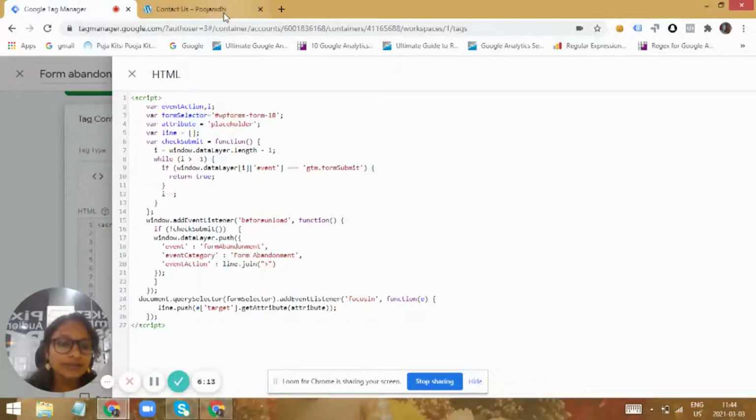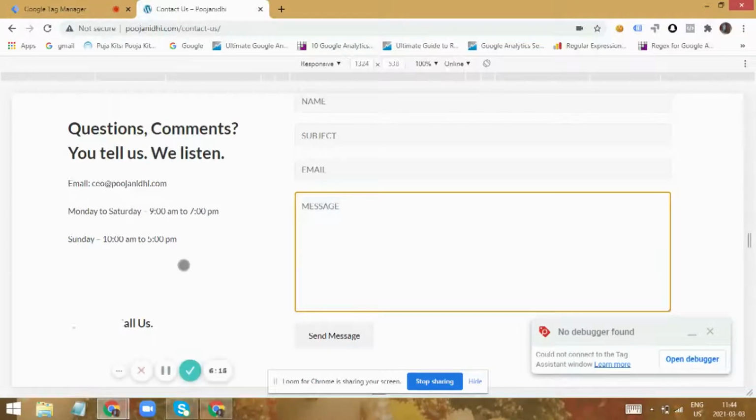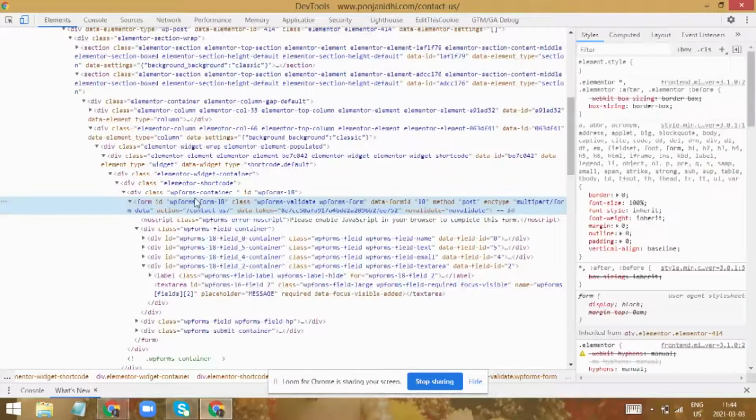And the form also has an attribute called placeholder. See here, for everything we have an ID and the class, and for a text area we have the ID, class, name, placeholder. Placeholder is the actual text that would be placed in that particular element. So we need to grab that placeholder, so that we can identify the form field based upon this name.